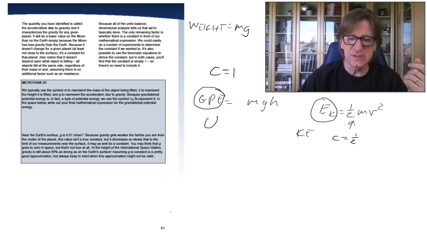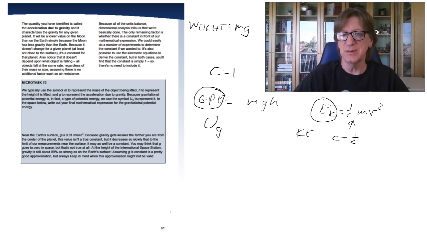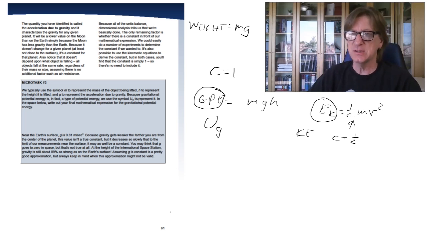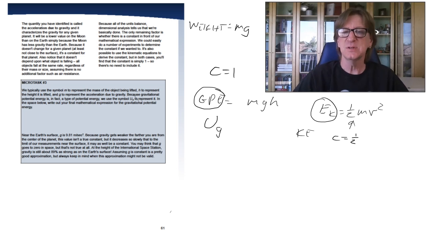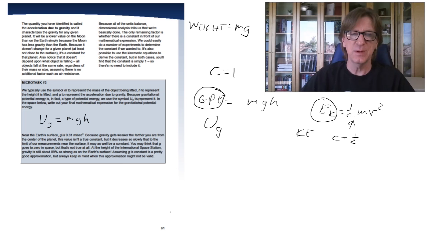And then we need to give it some sort of a subscript to distinguish it from the many types of potential energy there is. So we're going to use the symbol UG to be gravitational potential energy. That's how you read that. The U means potential energy. The subscript G means gravitational. So it's gravitational potential energy. So we're going to write our final form here. So we have gravitational potential energy is equal to mgh. Simple as that. Okay. And then as we say here, on Earth, near the surface, the gravitational potential energy is